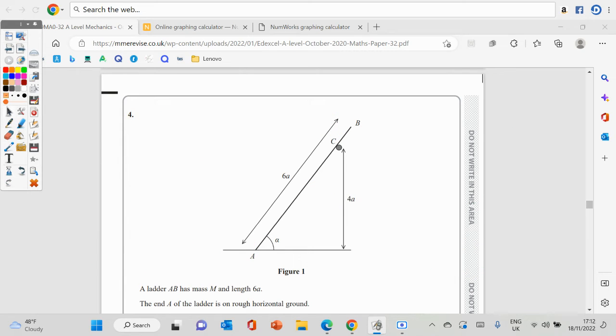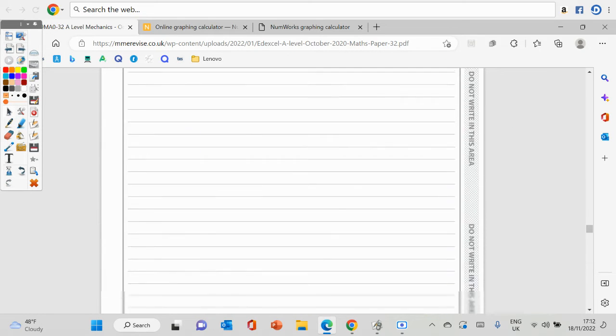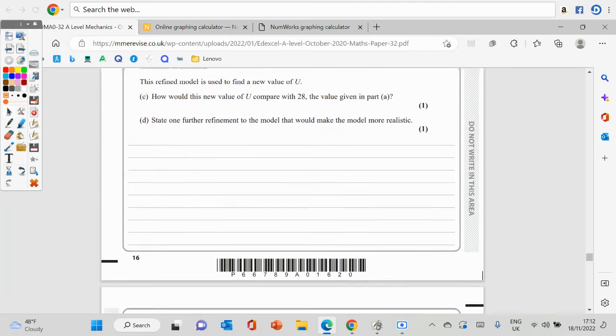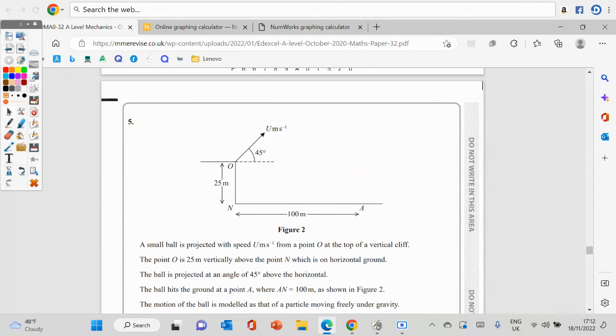Right, last bit. Question 5 of the mechanics section. It's a projectiles question. They always are. They're never going to give you a question where it's not going to be a projectiles one on these mechanics question papers. So, we've got